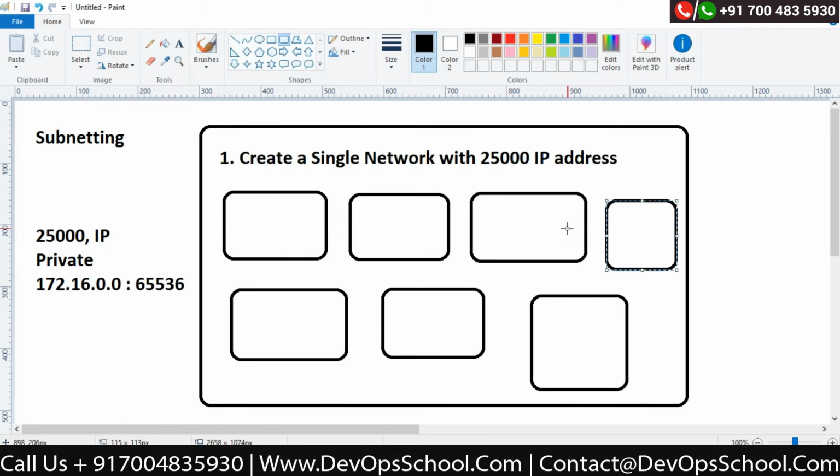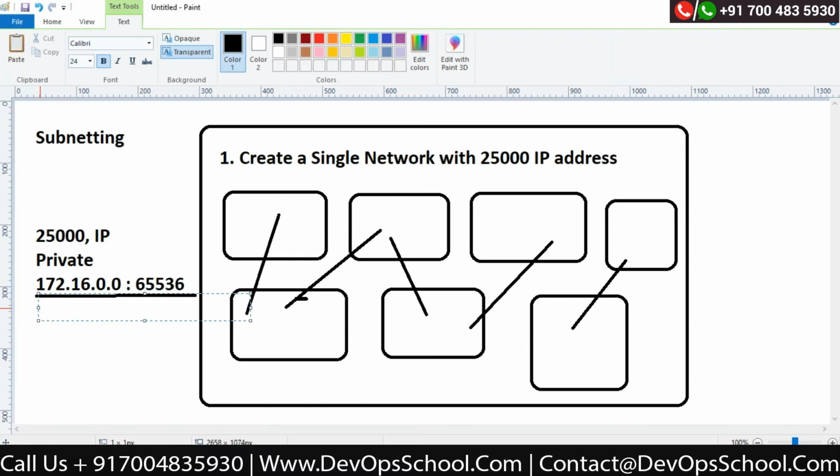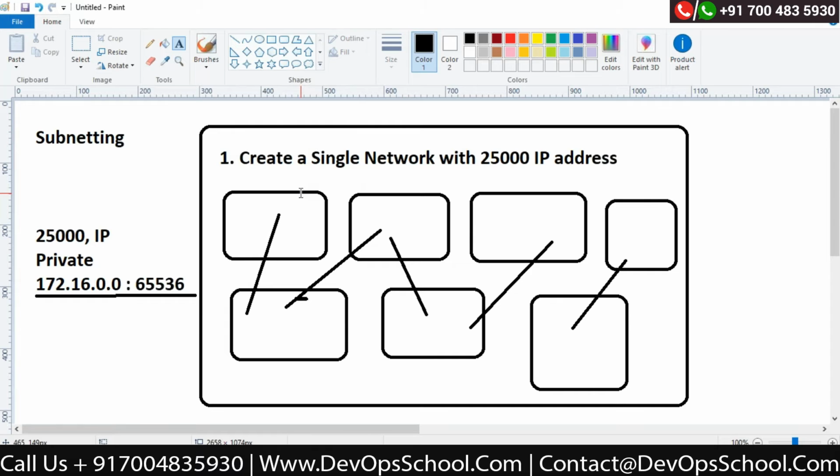Then the possibility is that you are able to hack the systems, or you are able to share the data with each other, and I don't want that. Then what is the option? You can create a different network for each department. For one department I should use the 172.16.0 network. Another department I should start using 172.17 something. But here is the problem. I have free IP addresses up to 31. I can create different networks, but if different networks are there, they won't be able to talk with each other.